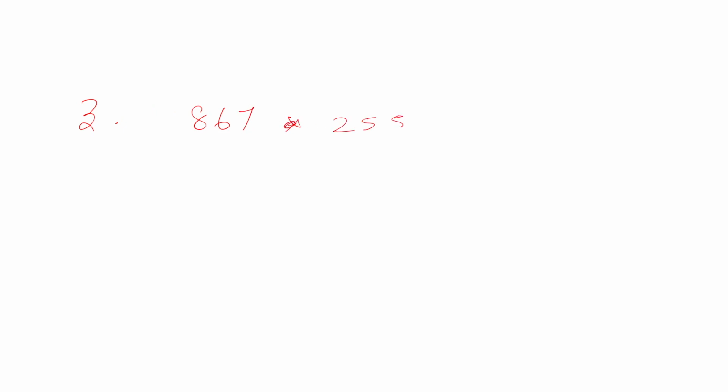it is 867 and 255. Okay, these two numbers we have to find the HCF. So first A is the greater number 867, 255 is B, and then Q plus R. So 250, if I am taking 4 times, I don't go for 255. Here also we are approximating. If I am taking 250, then 4 times will become 1000. Anyway, 1000 we don't want, so we will go for 3.